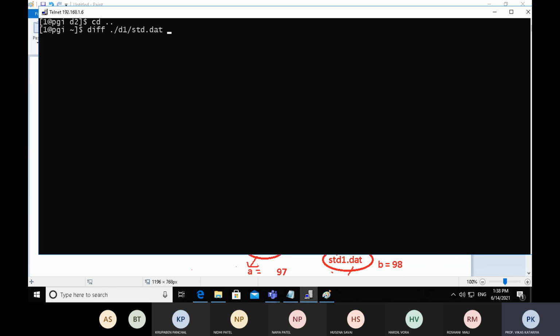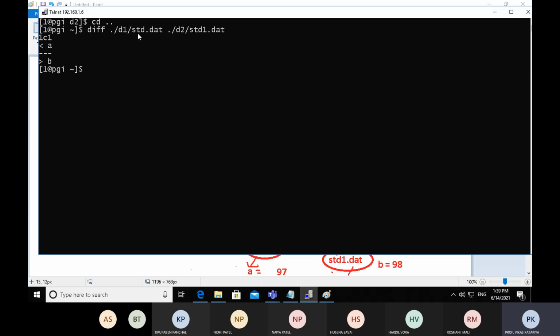This is the source path, then ./d2/student1.date. This is the destination path. Right. So this is the output of the diff command: 1. So 98 minus 97, the answer will be 1.